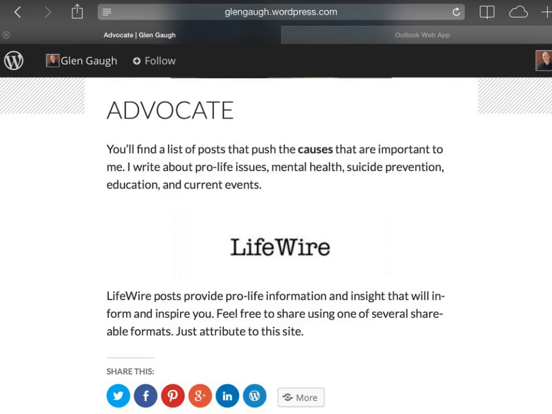I put a markdown version for those that compose in markdown and use that, because these are posts where I'm advocating for something important to me, and I make the opportunity for other bloggers who share my views to share my post verbatim with attribution back to the